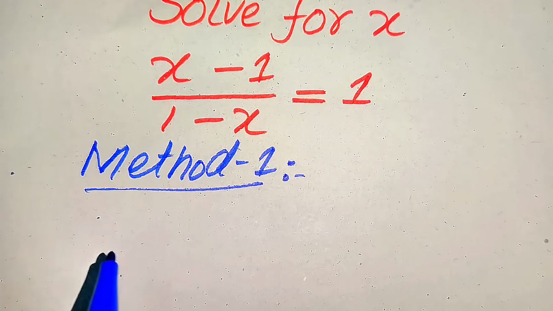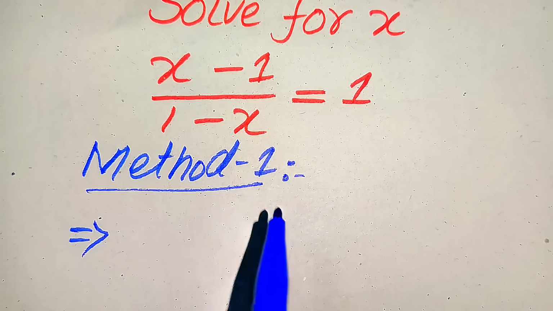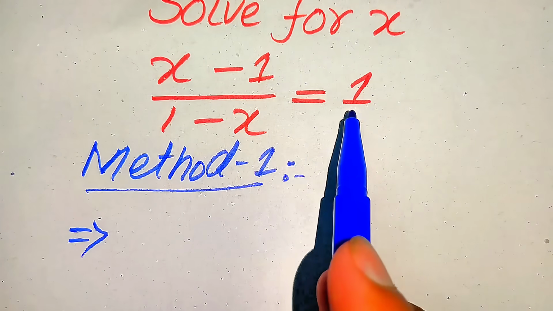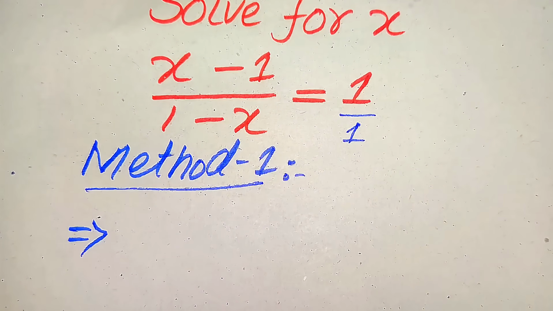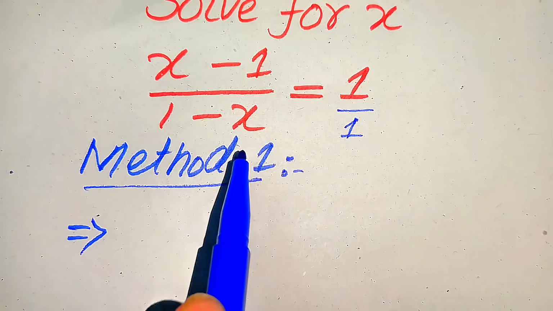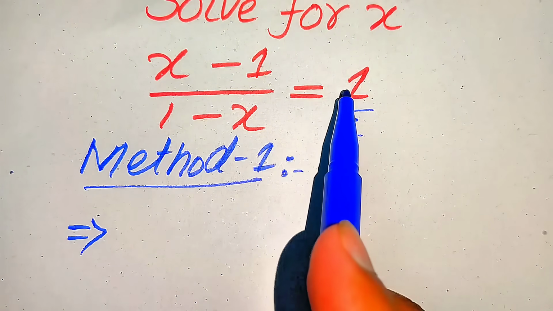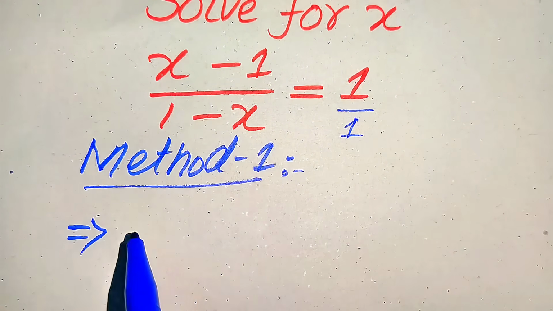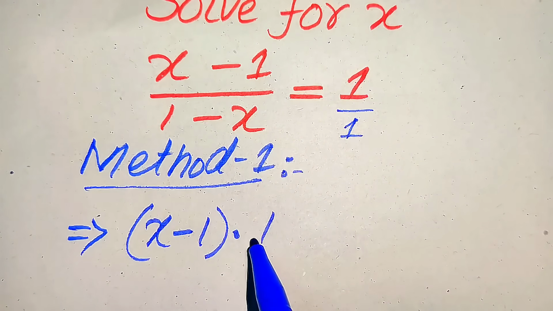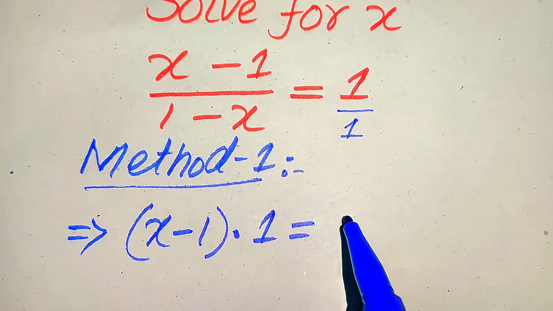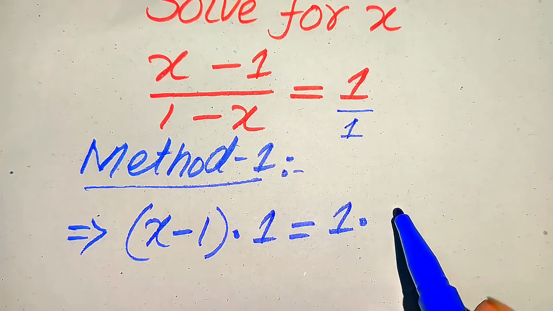Now here in the first method, if you see here 1 is divided by 1, we write this 1 in this form, and now here we need to cross multiply the terms. We multiply 1 minus x with this one, and we multiply 1 with this equation. This term will be written as x minus 1 multiplied by 1 is equal to 1 multiplied